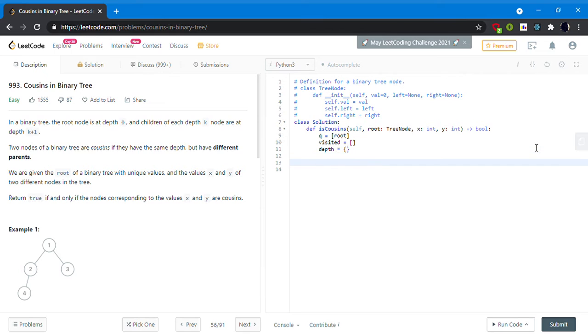So first, while the queue is not empty, it means there are elements in the queue, so we have to pop. Current equals q dot pop. So what we're doing is saving the top value of the queue in a variable called current. So this is the current node we are working with. Then we have to check if we have already worked with this node before. So we are going to check if it is visited. That means we have worked with it before, if current dot